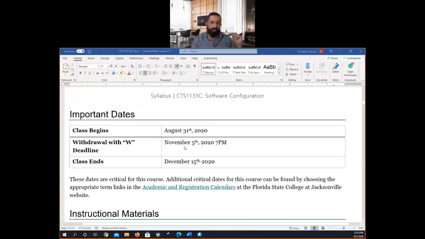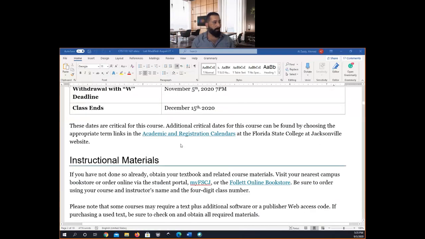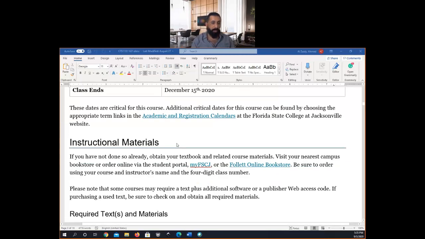Most important days for you: August 31st is the start of the course, November 5th is the last day to withdraw with a W, and December 15th is the last day of classes. So everything should be completed before that day. When December 15th arrives, on December 16th I'm submitting my finals. You cannot say, oh, I forgot. We will talk about